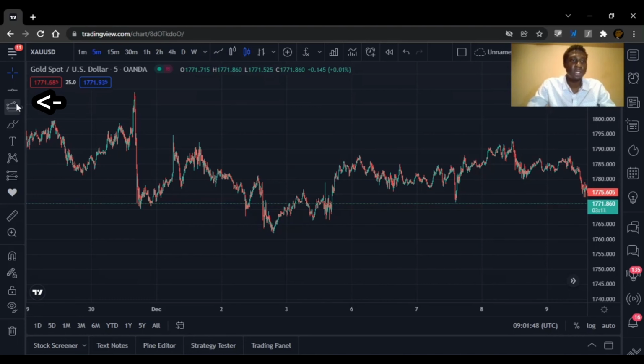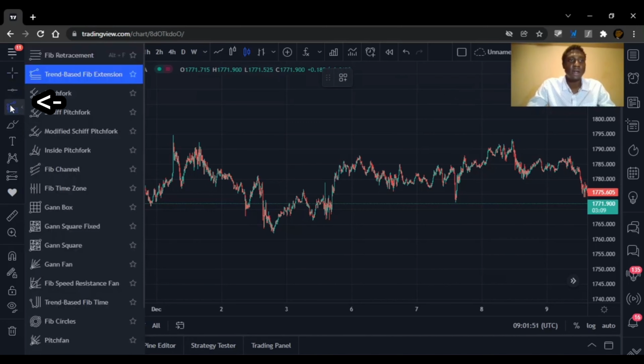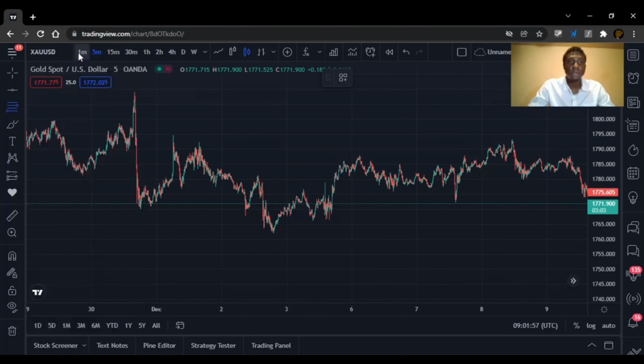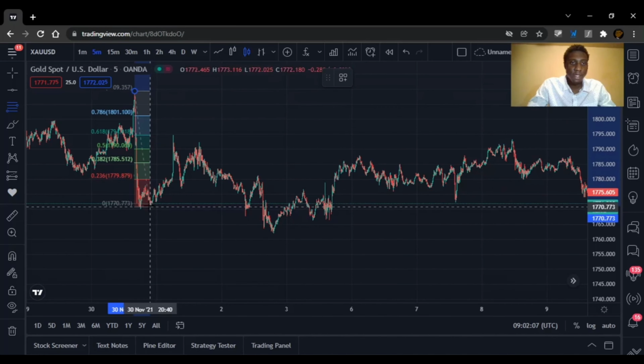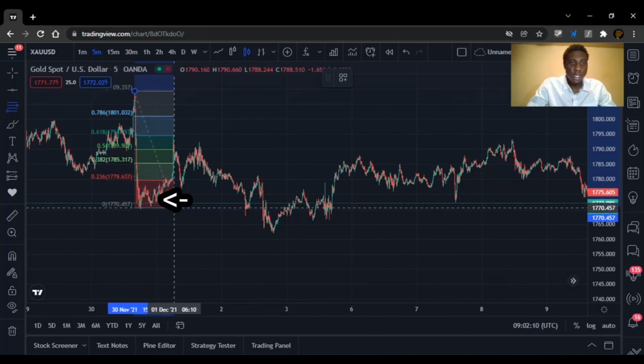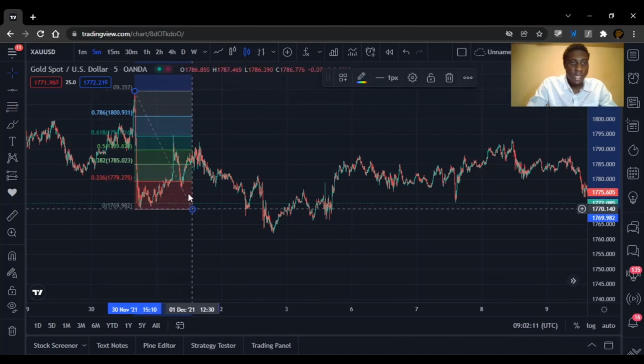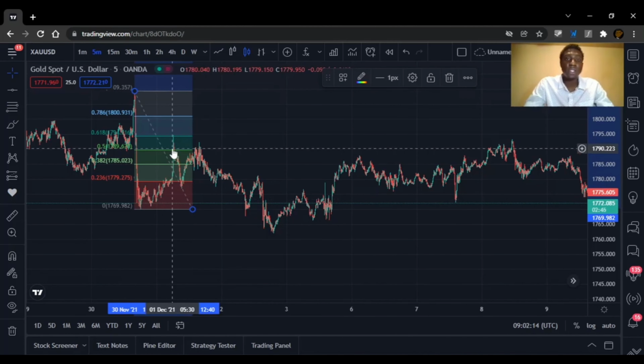So you want to come to this right here, which is the third icon on the left, and you want to press the Fib Retracement Tool, which should be located at the top. So I'm going to click that, and I'm going to find the top of the impulse, right? So this would be the top of the impulse, and I'm going to drag it down to the bottom of the impulse, right? And as you can see, it actually retraced all the way to the 0.618 level, which is kind of like the sweet spot of retracements